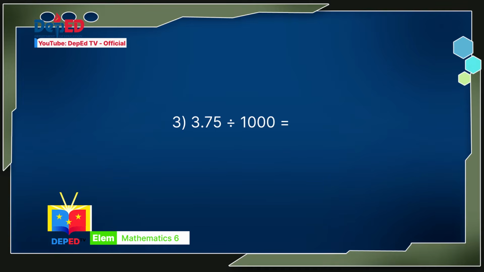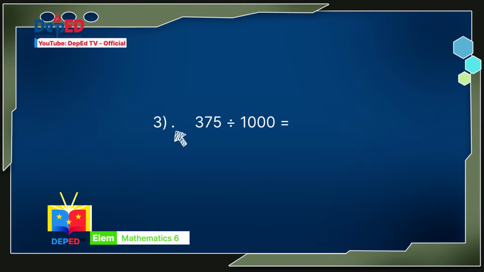Example number 3. 3 and 75 hundredths divided by 1,000. Since there are 3 zeros in the divisor, which is 1,000, move the decimal point of the dividend 3 places